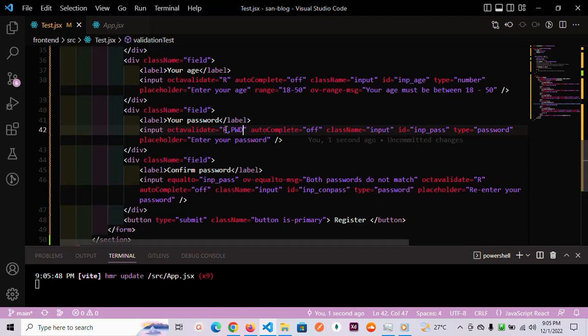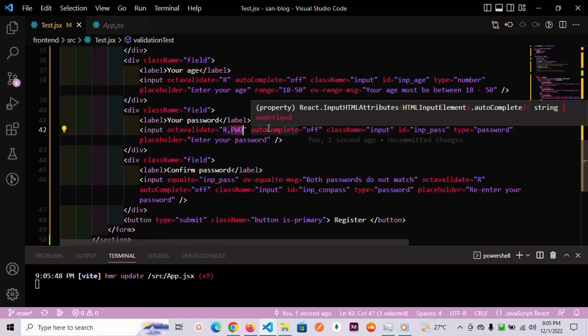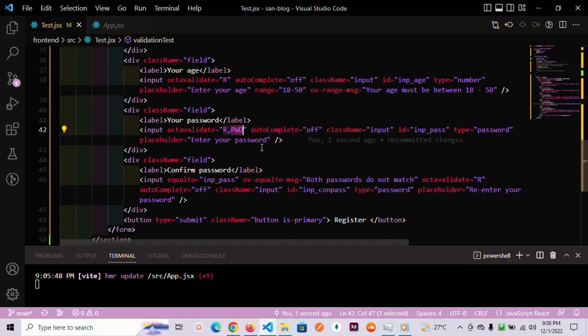This stands for password. And this validation rule checks if the password has a number, an uppercase character, a lowercase character, a special character, and it's up to 8 characters in length. So if you use PWD,